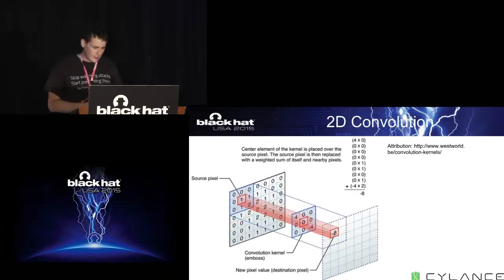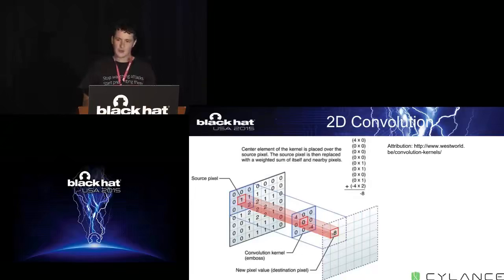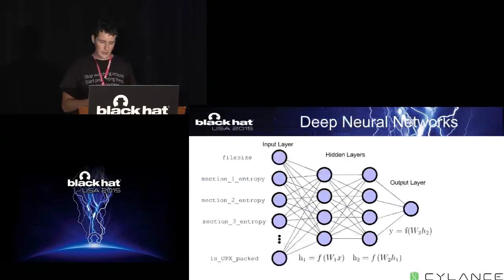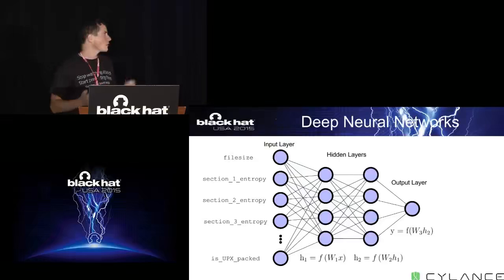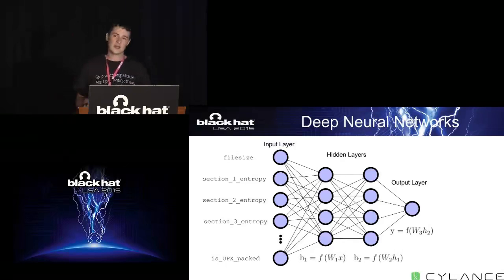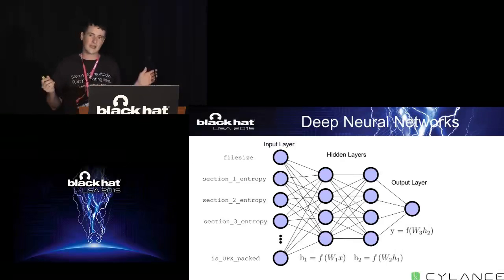Another thing that we unfortunately have to go through is the idea of convolution. All these really cool image recognition algorithms use something called convolutional neural networks. Here I'm showing you a fully connected network. No matter how we permute these inputs, it's going to have the same meaning, right? It doesn't matter if the file size comes first or the file size comes second. We can shuffle these things around. However, with image data, if you were to shuffle the pixels around, you lose the meaning of the image entirely, right?